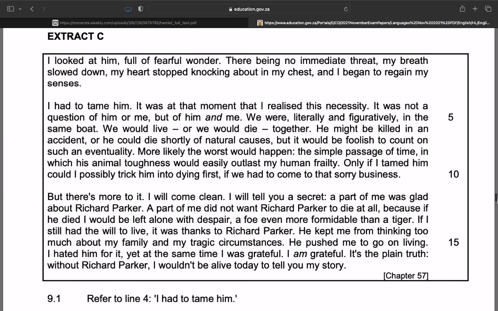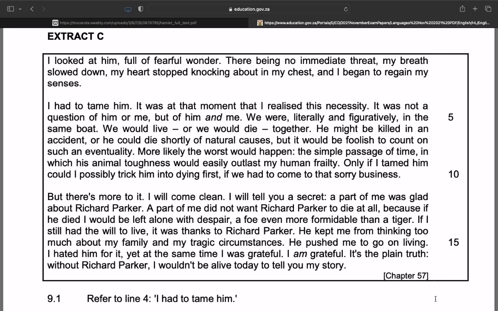So the first thing I'm going to do, I am going to identify the chapter as mentioned, chapter 57. So I know that this is part 2. So Life of Pi consists of 3 parts, part 1, 2, and 3. This is part 2, and because it's 57, I can assume that Pi is on the lifeboat with Richard Parker and with other animals as well, and he's obviously trying by all means to survive. That's all I know without reading.